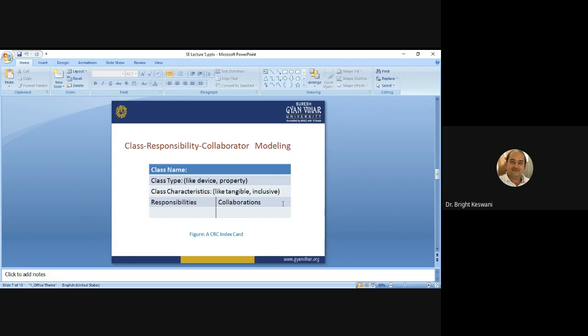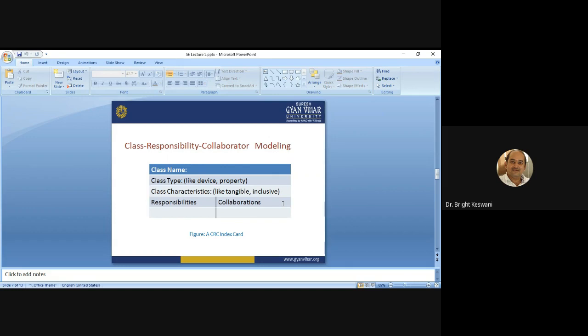It provides the complete information about the class, and this standard index card, the CRC index card, represents the classes. The cards are divided into three sections. Along the top of the card you write the name of the class.